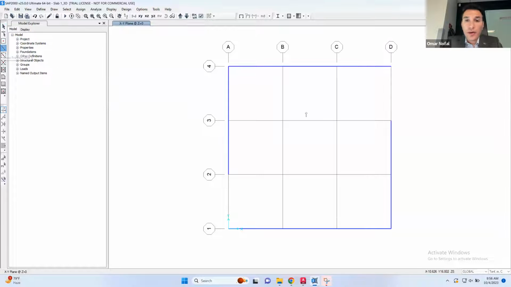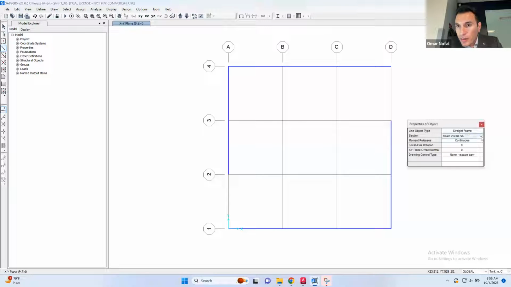I'm gonna draw another frame element, but let me see if there's another name. Yeah, I'm gonna name it none. None means it's a dummy element, doesn't have a stiffness, doesn't have anything. So it exists, but doesn't contribute to the stiffness of the structure. Okay, I'm gonna name it none, and I'm gonna draw this at the location of the walls. Here